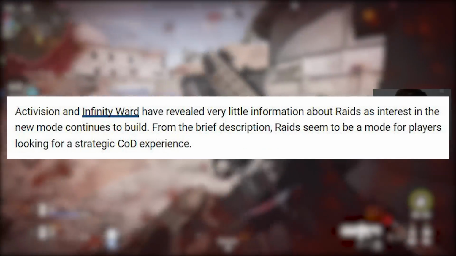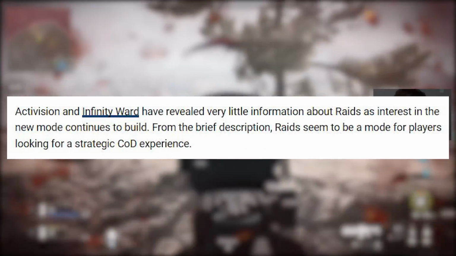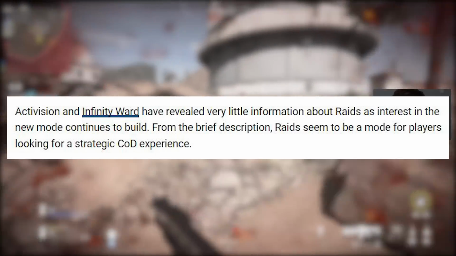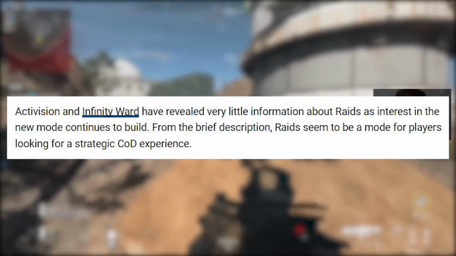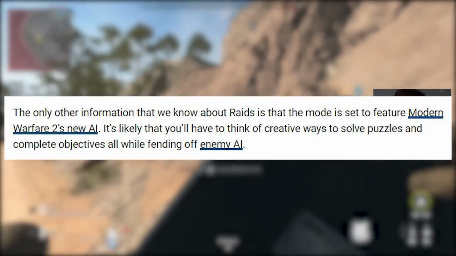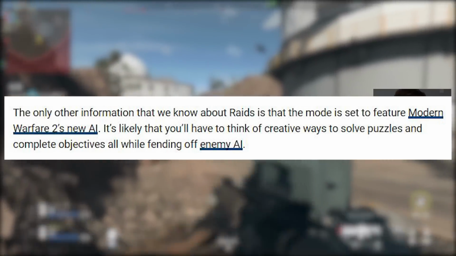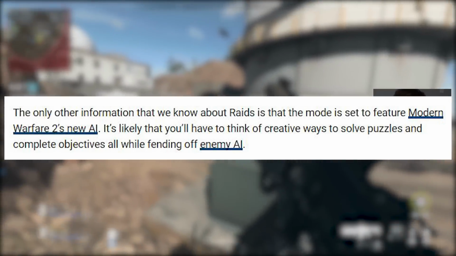Activision and IW have revealed very little information about Raids as interest in the new mode continues to build. From the brief description, Raids seems to be a mode for players looking for a strategic COD experience. The only other information we know about Raids is that the mode is set to feature Modern Warfare 2's new AI. It's likely that you'll have to think of creative ways to solve puzzles and complete objectives, all while fending